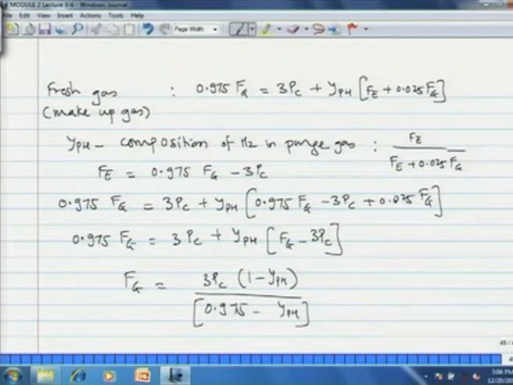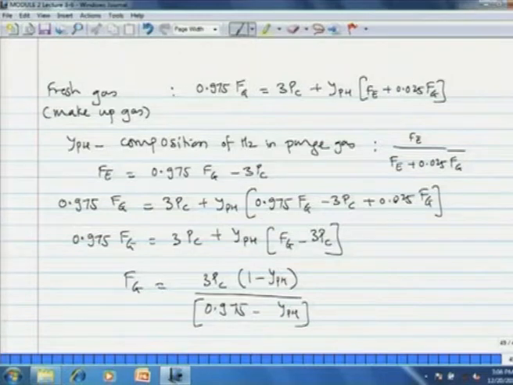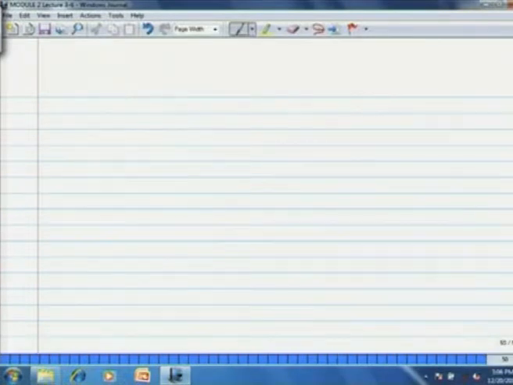We are going almost the same way as we did calculations for the hydrodealkylation process. We want to bring all the material balance in terms of few design variables, so that by playing with the design variable we can find out optimum values of the process flows. So, this is as far as the reactant flows into the process are concerned. Now, let us try to do the recycle balance.